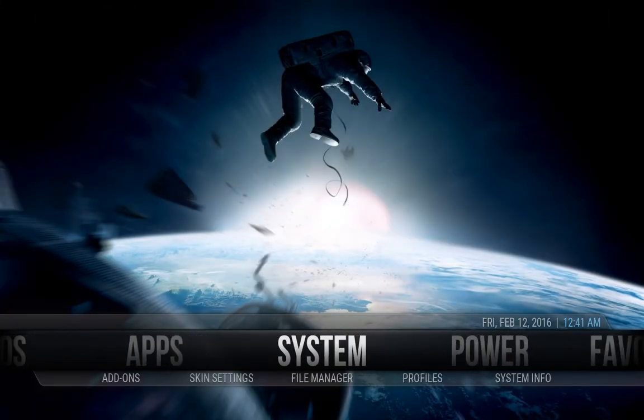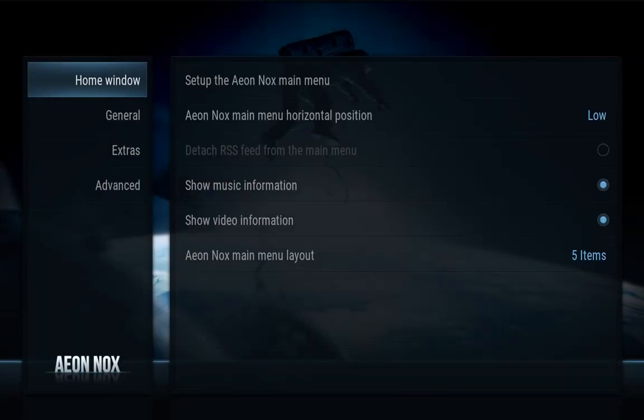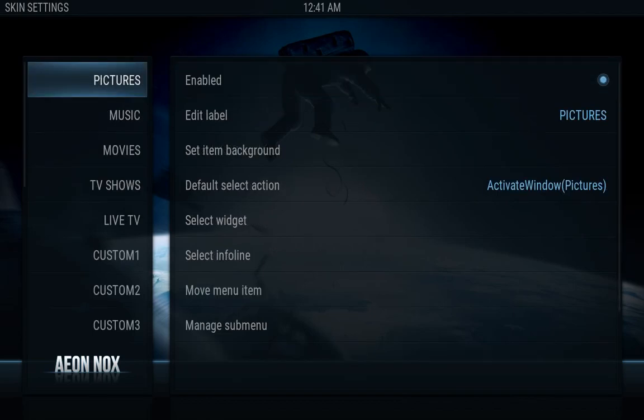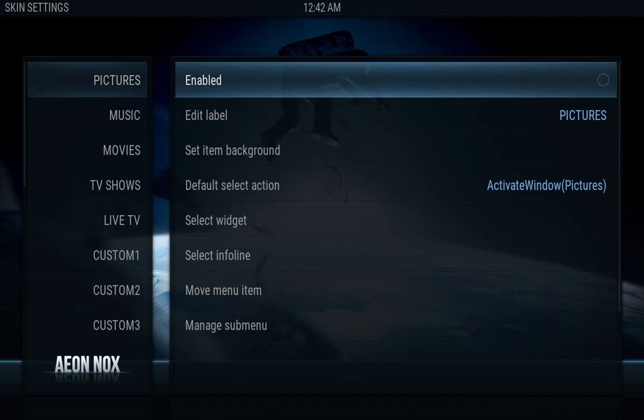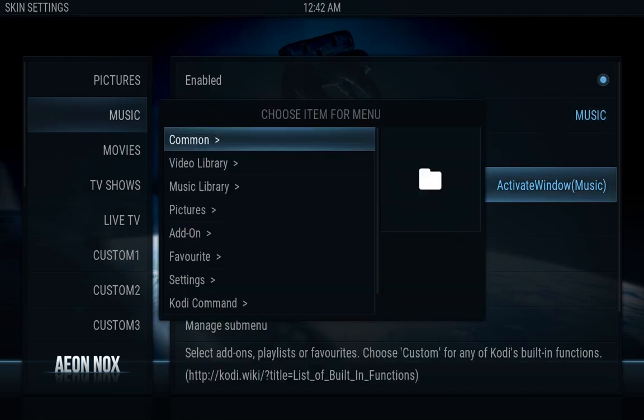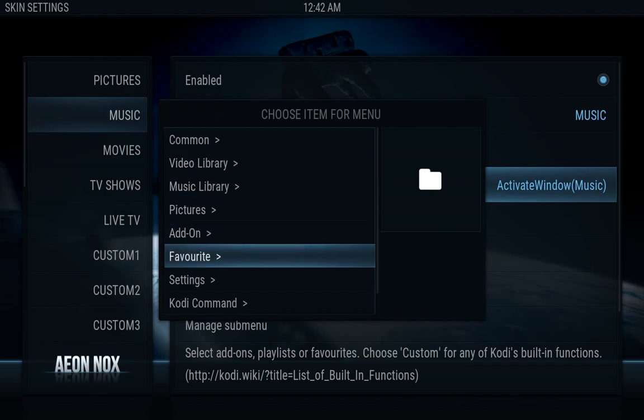Now, I'm going to go back, and we are going to go into System, and then we're going to go into Skin Settings. Now, here is where you actually can configure or customize this skin. So, pictures, if you know you're going to use pictures, you can leave it enabled. If not, you can just disable it. Go down to music. I usually leave that on, and I go down to here where it says default select action. Hit OK,